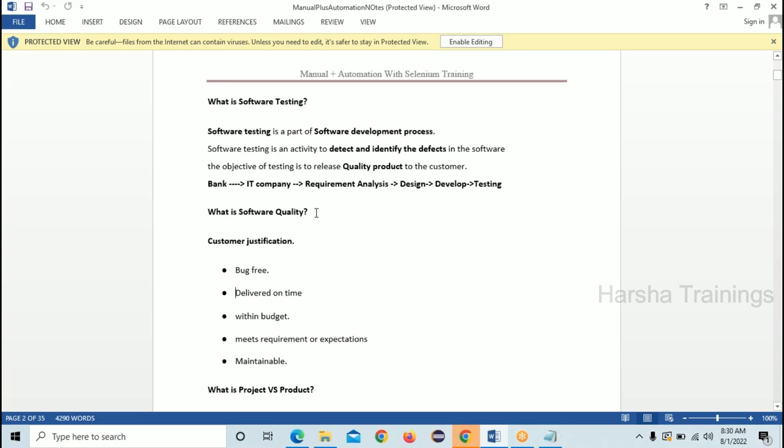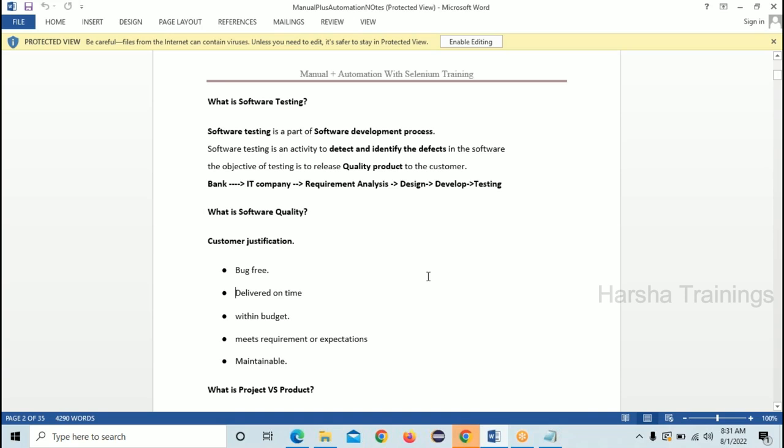Rajini, Lavanya, Santosh, three people have given answers. What about Shishma, Babita, Yogesh? Give your views on it. What is meant by project and what is meant by product? Else, product is an outlook and project is the front end and back end of the product. Okay. Anyway, I will tell what is meant by project and what is meant by product.